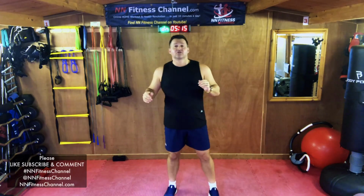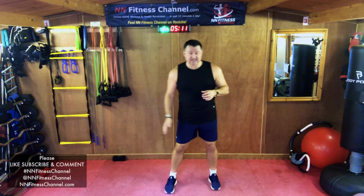Kind of like starting the car in the morning. We're not trying to use them straight away. We're just getting them moving. Good, we're going to rotate. Now, what I like to do now, I kind of upgraded this move slightly, is I'm going to add this